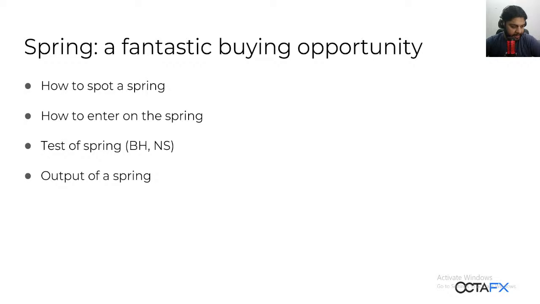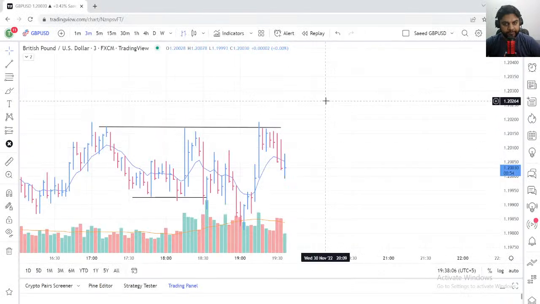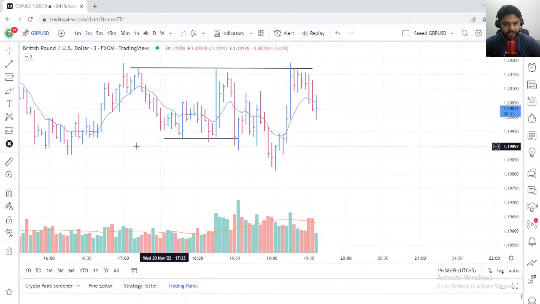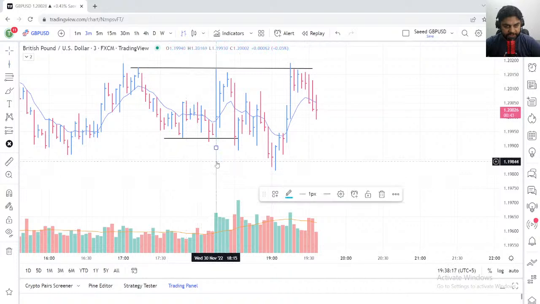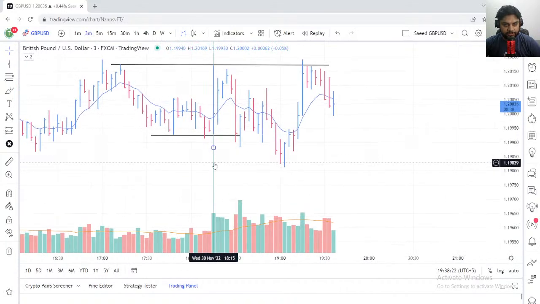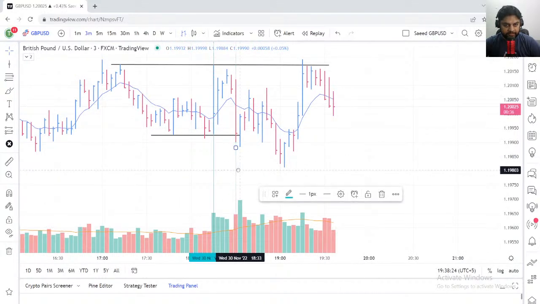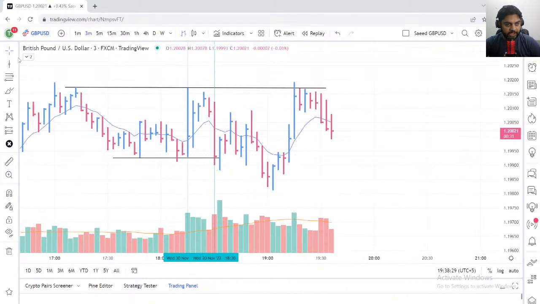Okay, so first of all, let me illustrate what a spring is and how to spot a spring. That's a very beautiful idea. So what's a spring? Here you can see there is a spring in the market, and today I just want to share with you guys that I traded this news over here. There was one news over here and there was another news at this level. So I was able to trade both of these news. I bought over here and I put my TP somewhere around these levels and it was hit.